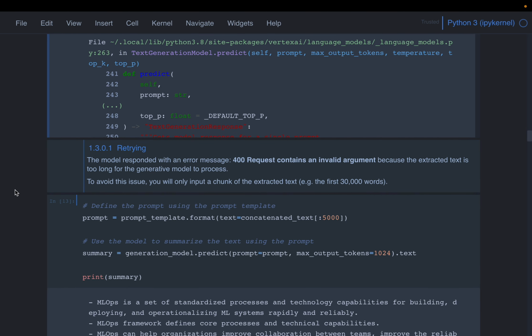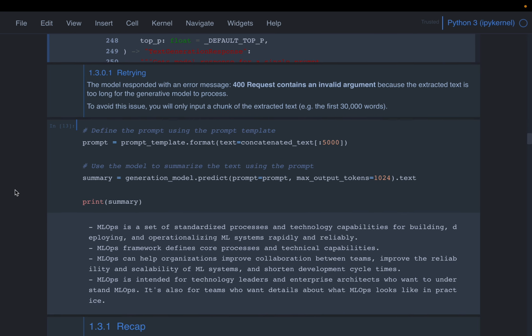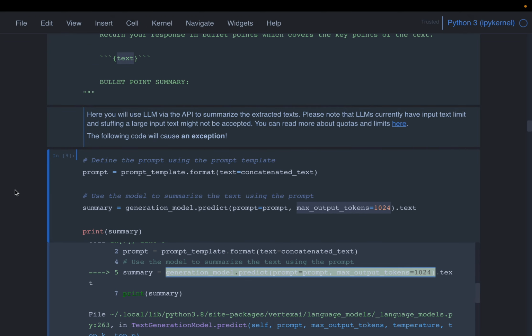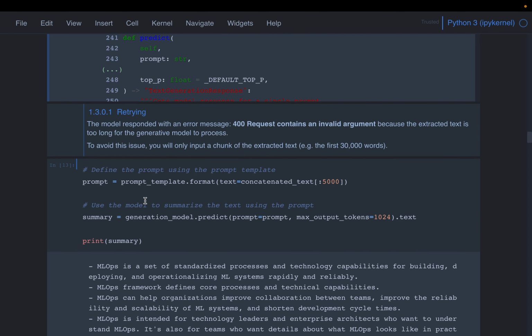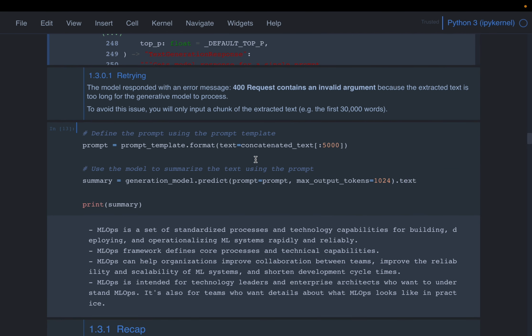As you know, in the stuffing method we simply truncate the document. This LLM allows up to 8,000 tokens, but for demo purposes we are taking only the first 5,000 characters from the text. Instead of passing the whole concatenated text containing the 37 pages, we take just the first 5,000 characters, which loosely translates to maybe